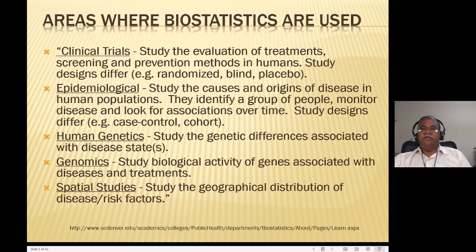You can also have, for example, purportedly it started in a place called Wuhan, and then they said, okay, then it traveled to Italy, and then it traveled to New York, and then it spread all over the world. So exactly the spread, the origins, when it comes to human populations, is epidemiology. And then of course genetic differences.